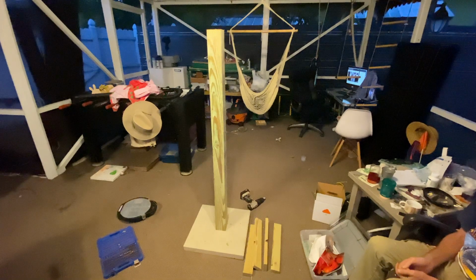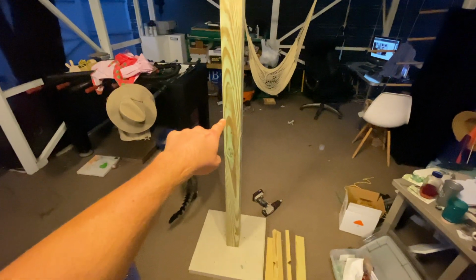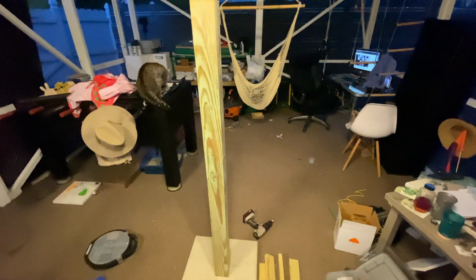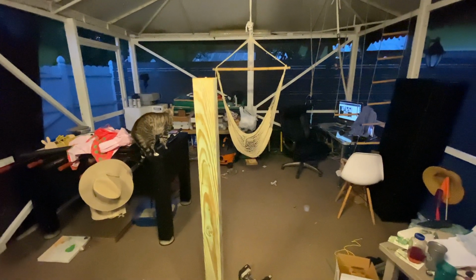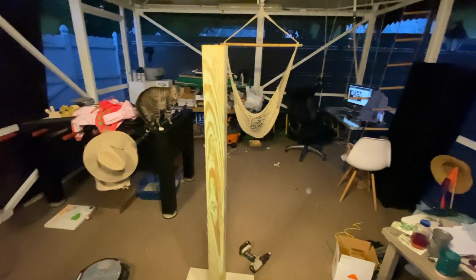Today I went to Home Depot and got a 4x4, a 10-foot 4x4, and I had it cut in half. I'm not going to build it as high as I had originally intended. It was supposed to be a 7-foot type of tower, but I decided not to do that because once this